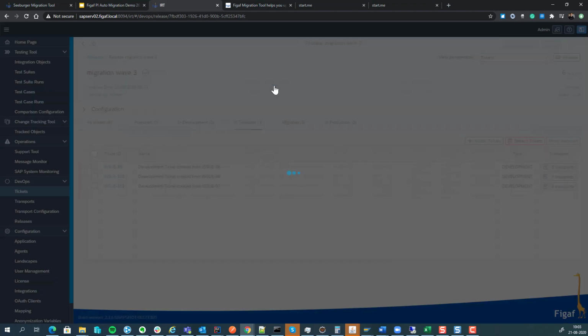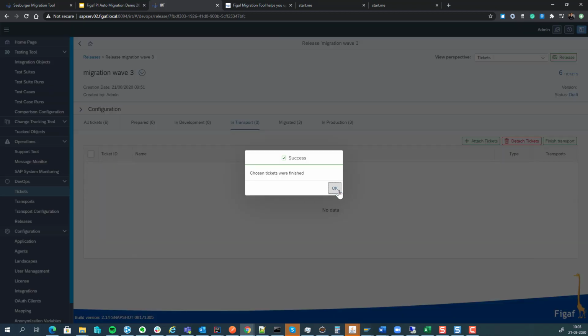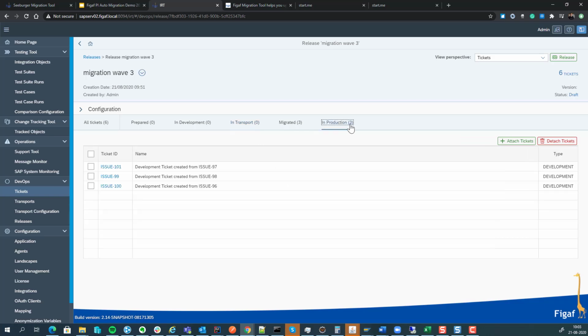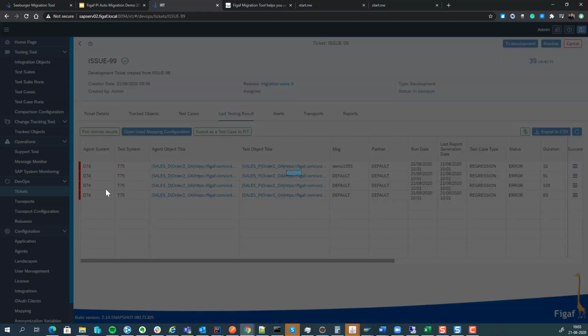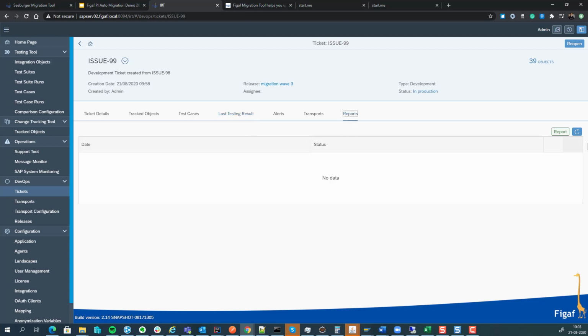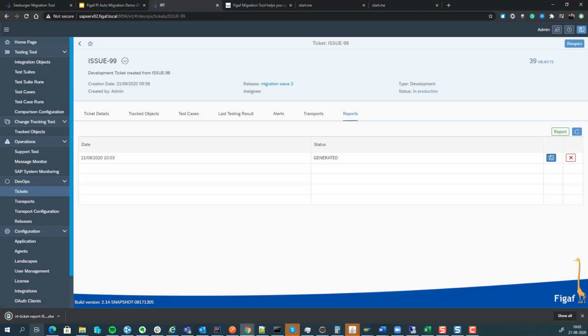Now it's just a matter of going back to our migration here and saying that all of this has been finished, the transport has been finished, and we can now see that these are actually in production, and we are happy. If we want documentation of this process, we have an option here to create a report, and this will create a report of everything that we have changed as a part of this. What are all the transports, what are all the objects that were a part of